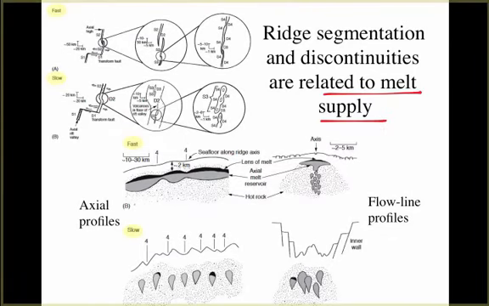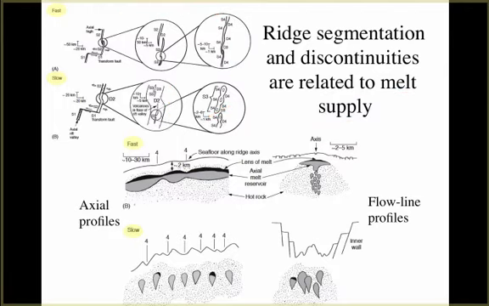melt. What we see in fast ridge systems is that there is little segmentation. As we blow up different parts of these ridges, there's relatively little ridge segmentation. Whereas in a slow ridge system, we see that there are offsets and discontinuities all along. And this relates to